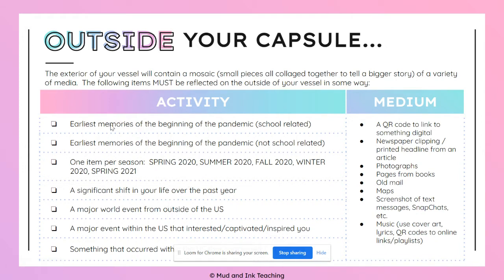So you need earliest memories of the beginning of the pandemic, school-related, earliest memories of the beginning of the pandemic, not school-related, one item per season. So spring 2020, summer 2020, fall 2020, winter 2020, and spring 21. A significant shift in your life over the past year, a major world event from outside the US, a major event within the US that interested, captivated, and inspired you, and something that occurred within the US that,